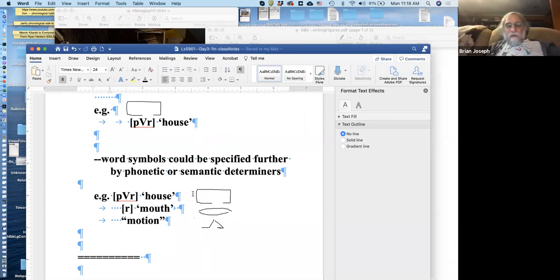Right. So this would be a way of saying, okay, this thing here, yes, it has the PR of house, and just in case you miss it, there's really an R there. That's what this phonetic determiner does. But it's not the word for house. These legs tell you that it has to do with motion, and it's actually the similarly sounding verb meaning to go out. So it ends up being a kind of complicated system, but the Egyptians used it in monumental